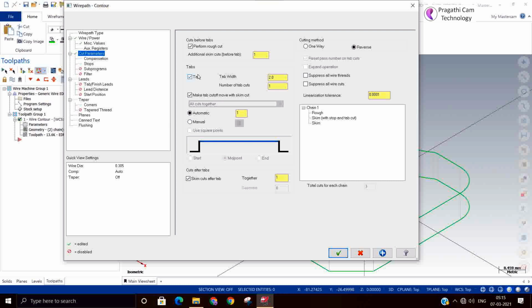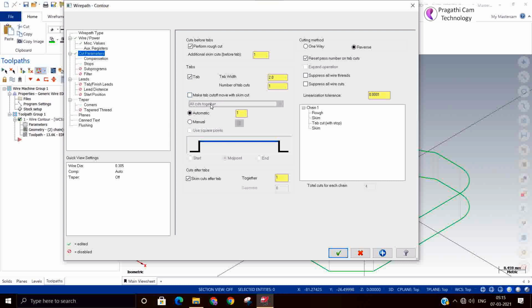This tab is to give support, so later on you can hold the other place and remove the tab. These are the tab selection methods, whether you need to do it manually or automatically. You can use either method.